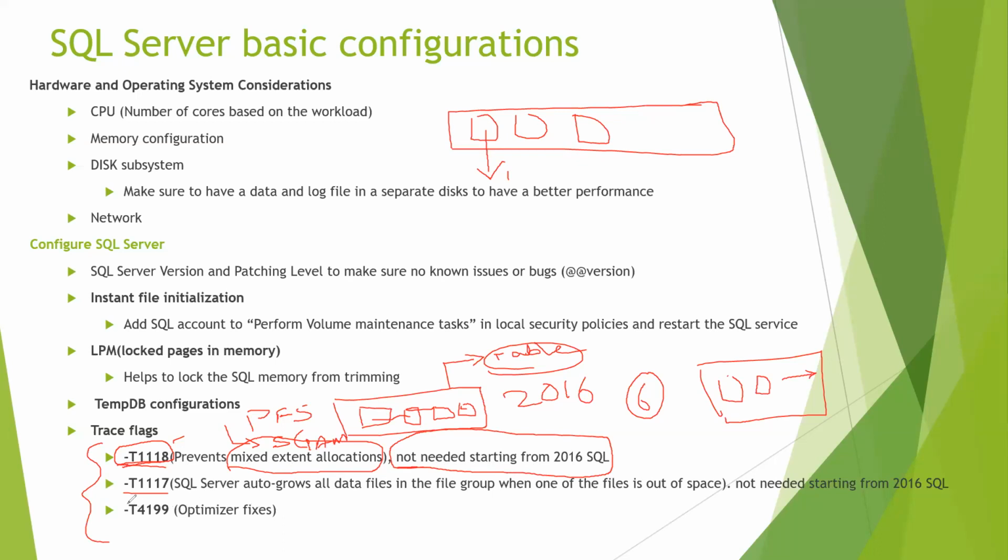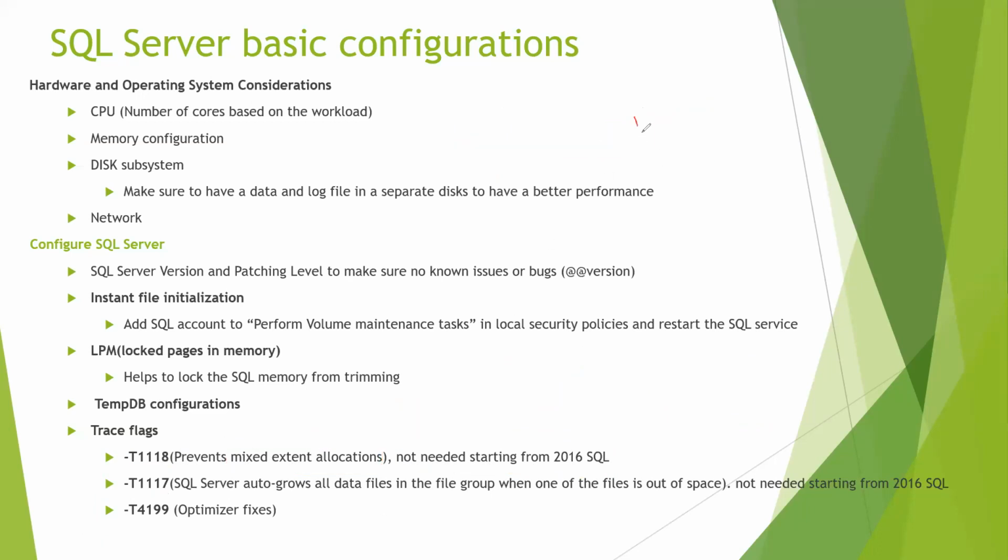The second one is auto growth, right? Whenever a data file is growing, whether it is Tempdb or a user database, you have multiple files. Whenever you perform any operation that uses the files, it uses one after another, the MDF and NDF files. So let's say, for example, this file has reached 90%,